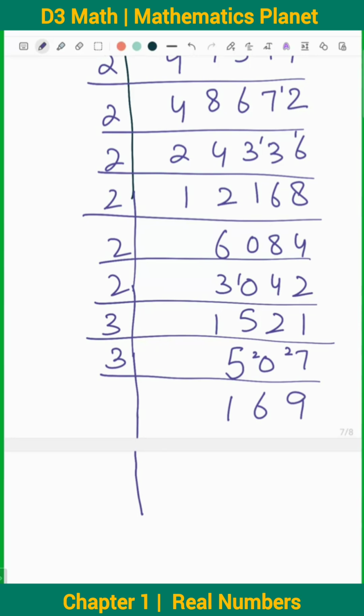I think 13. Yes, 13 times 1 is 13, 3 is 39।